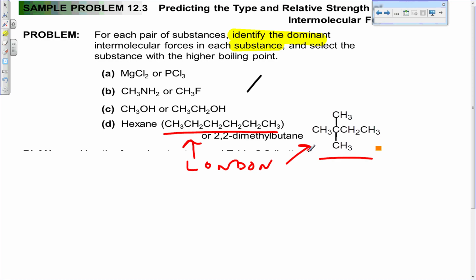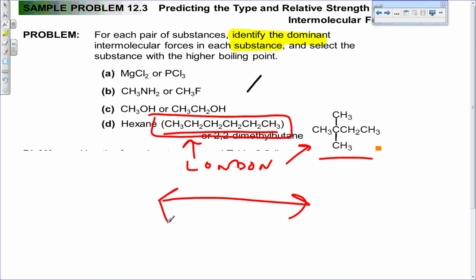So the first thing is you look for greater number of electrons. If the electrons are about the same or the masses are about the same, the next thing you do is you look for elongation. In this case, this molecule is much longer or much more elongated, which means it's more polarizable. So in your justification, you would pick hexane has a higher boiling point, and what you would say would be it is more polarizable because it is more elongated. So it has greater London forces because it is more